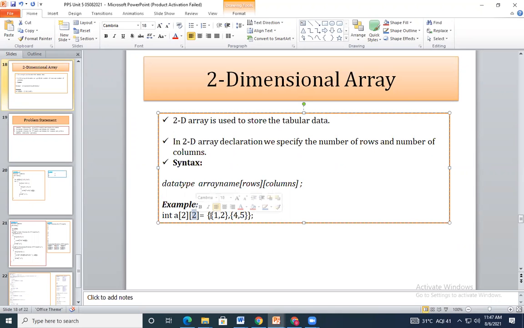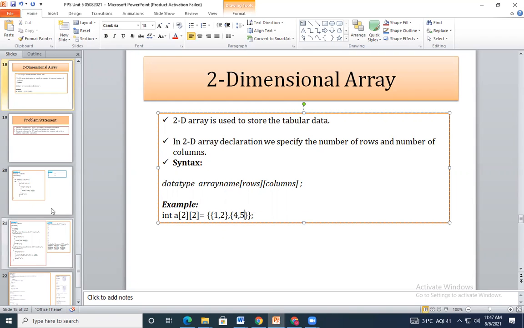The rows are differentiated with open and close curly brackets. 1 and 2 are the values for the first row: the first value belongs to the first column, the second value to the second column. The second open and close curly bracket is the second row, with the first value in the first column and the second value in the second column.